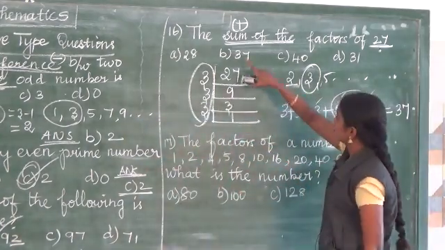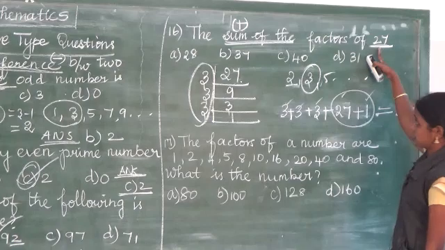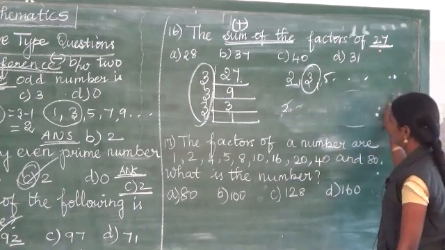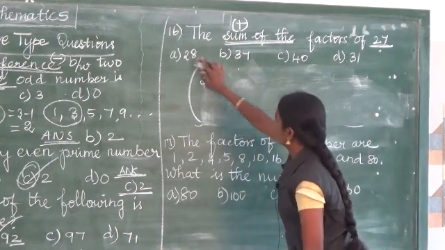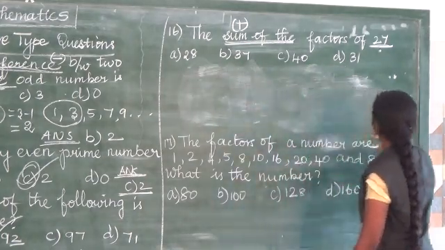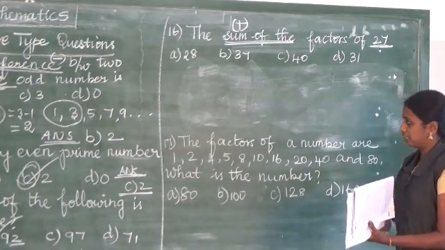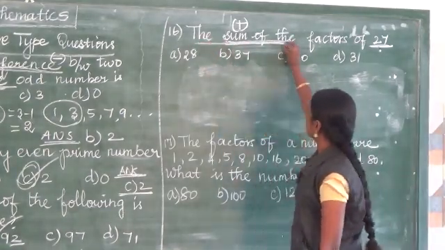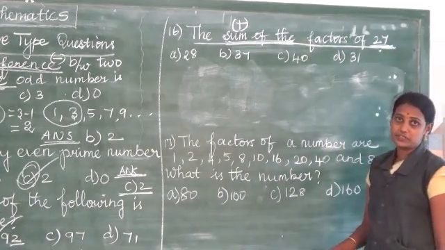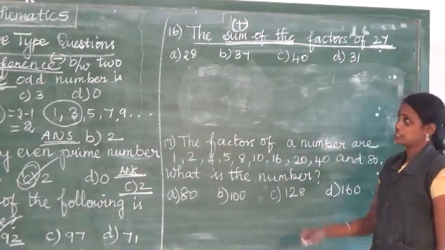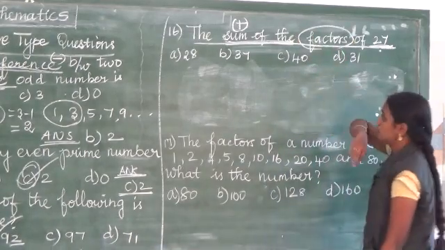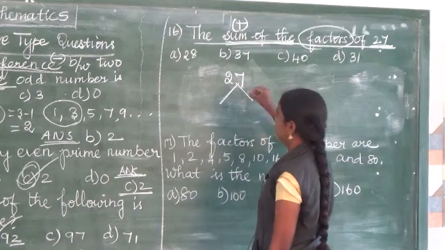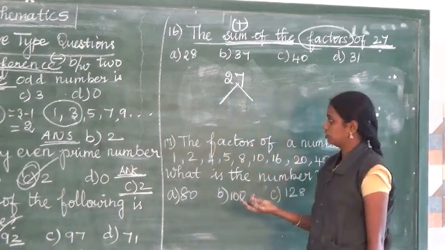So now the question is the sum of the factors of 27. Sorry, here we don't want to follow even the prime factorization method. I followed prime factorization, but you don't need to follow it. Don't mistake me, sorry, we will go once again. Only factors are asked, so you can use any method. Write the 27 alone and go for the factor tree method or whatever method you like.